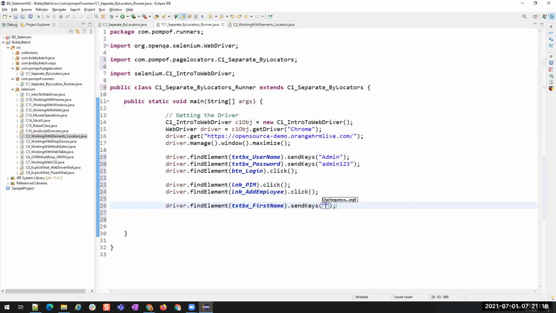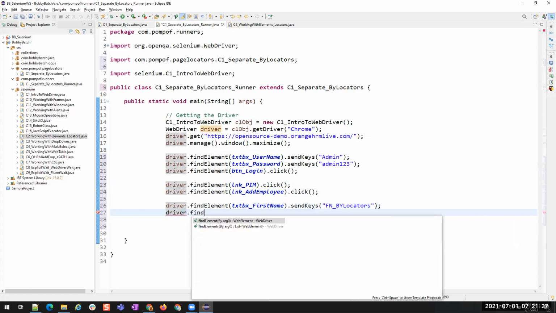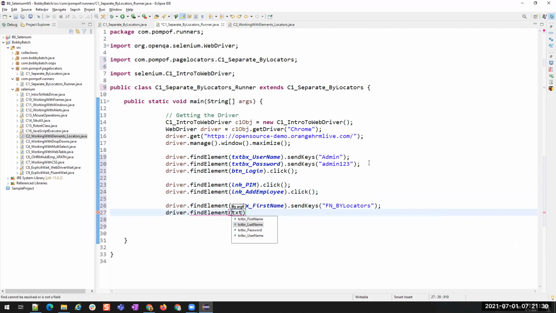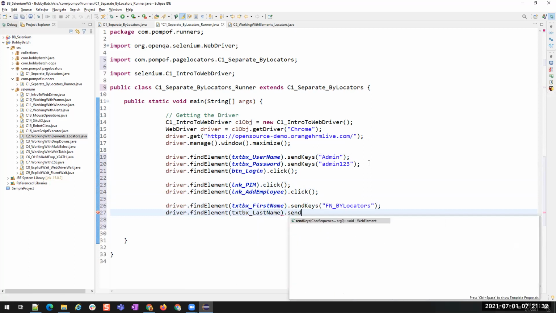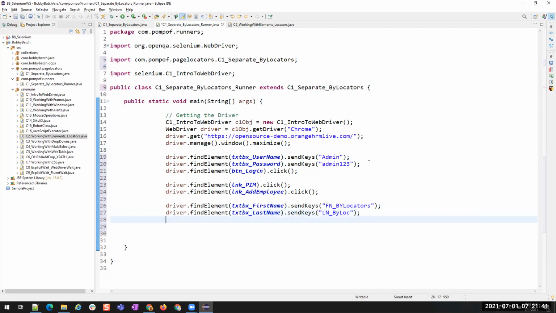You can send any first name, fn underscore bilocators. Okay, driver dot element text box of last name dot send keys of ln underscore bilocators, some name, and then I have to click on save button, add employee save.